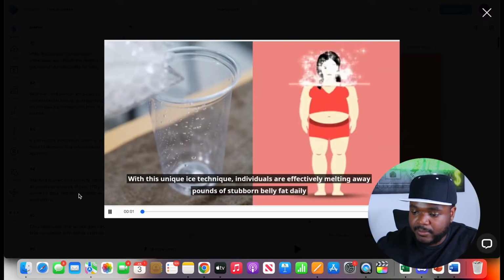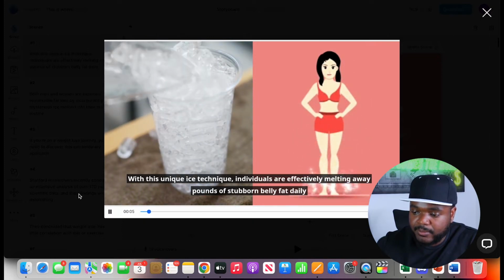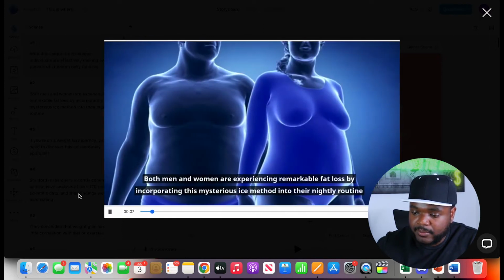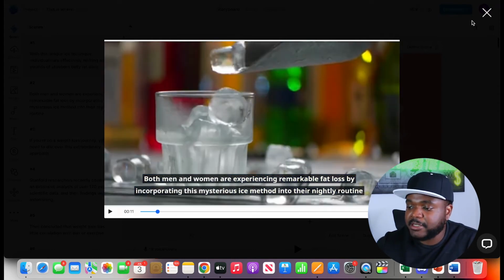With this unique ice technique, individuals are effectively melting away pounds of stubborn belly fat daily. Both men and women are experiencing remarkable fat loss by incorporating